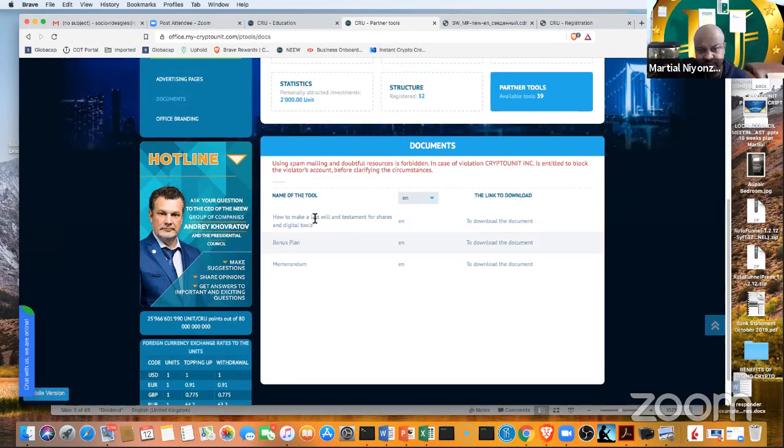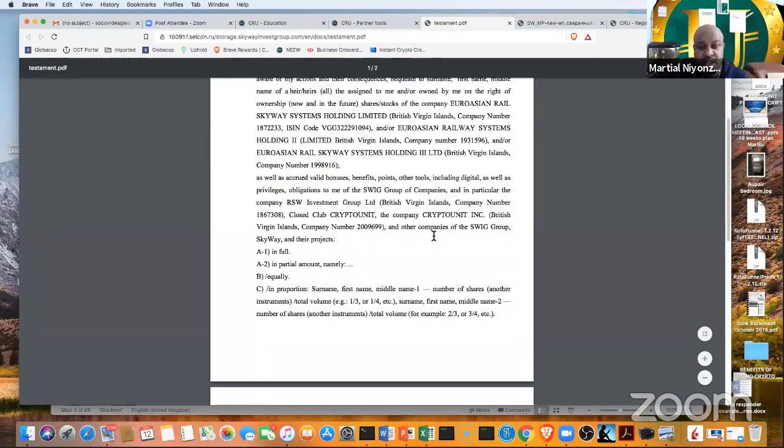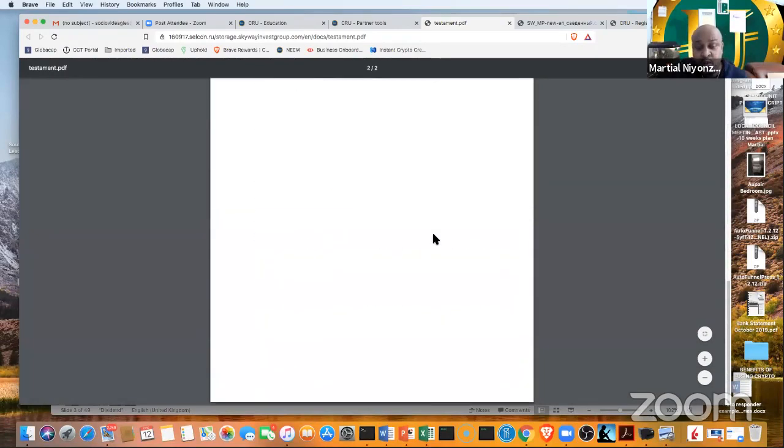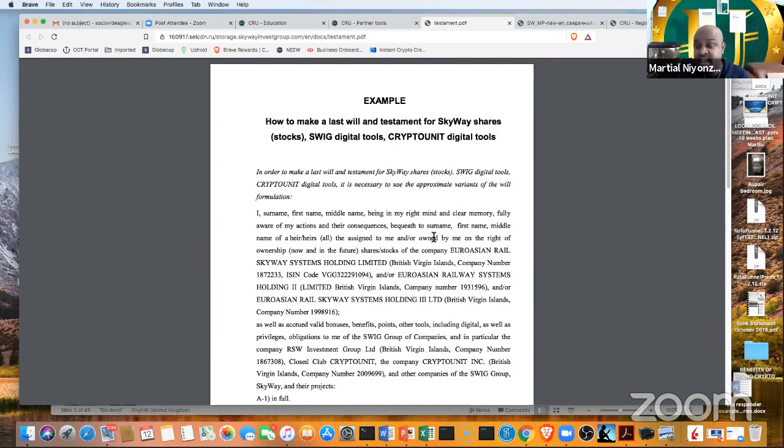Okay. Do you know how you can make a will? There are so many people who don't know about this stuff. There's a document on how to make a last will and testament for shares and the digital tools. So if you click on this document, okay, very, very important, guys. It's showing you how you can create a will with what you have in the Skyway